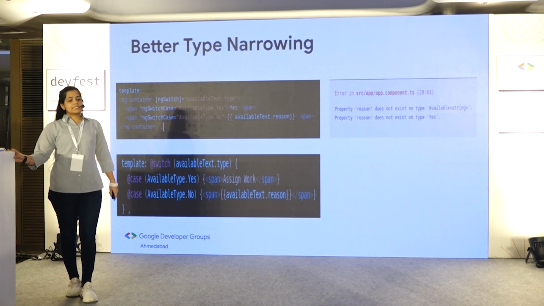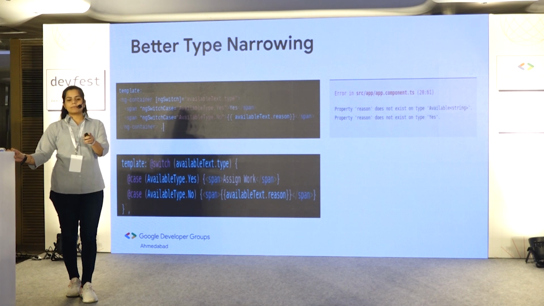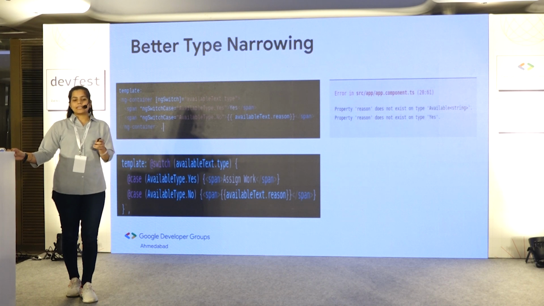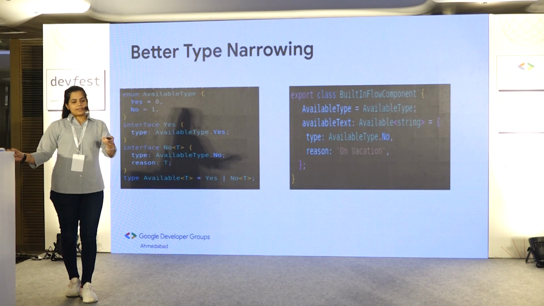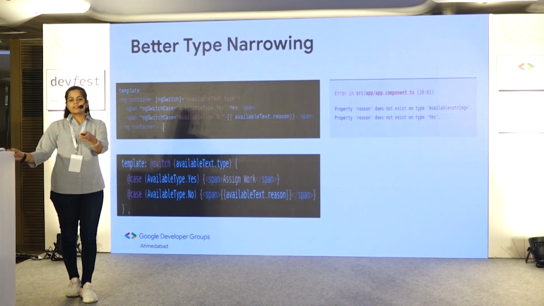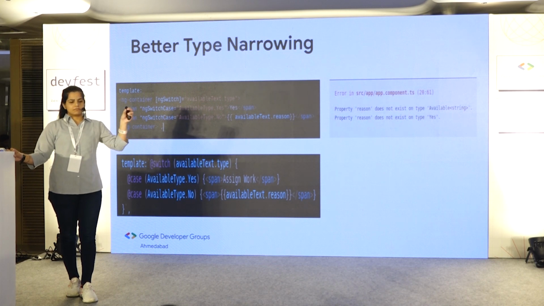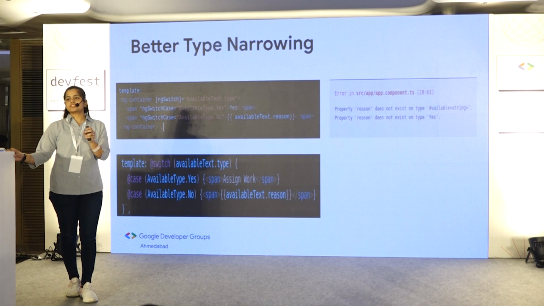With the older syntax, I'm trying to print that class value with the reason object, but we are getting an error. That error is that our application is not able to identify the property, whether it is there or not. But if we see in that code, available is a union type, so it should have those two values. Still, the error is there. So in order to remove the error, we had to give the type of that union as any,